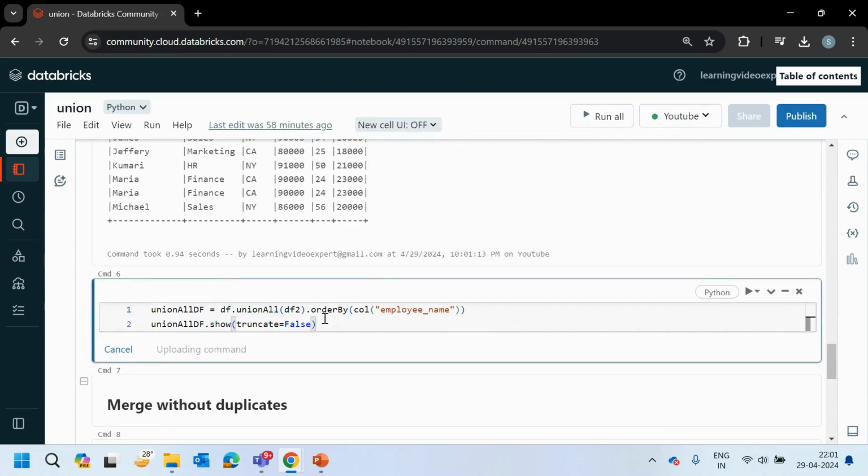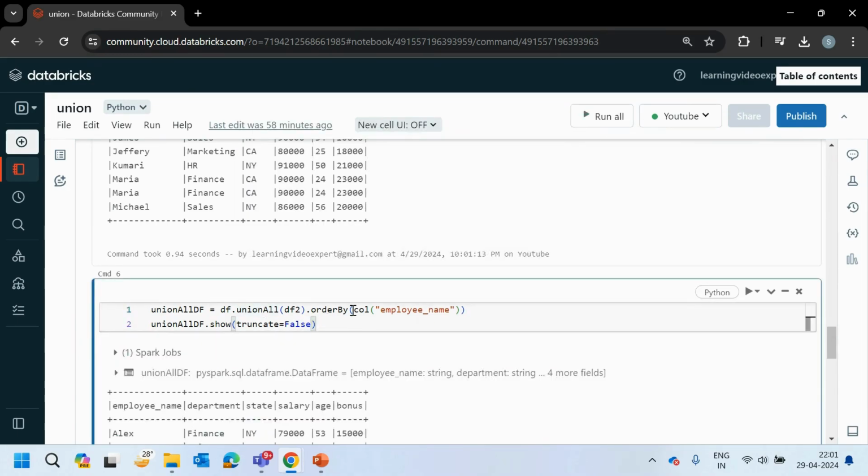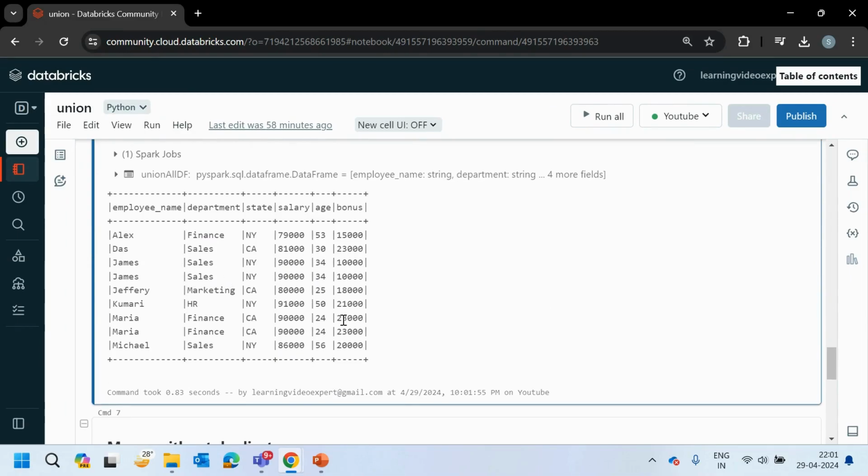So union all operation is also the same thing. It will give you the same result. Why are there two types here, union and union all? The reason is there was a union operation which was removing the duplicates in Spark versions before 2, right? But in version 3, basically, the union and union all operations are the same.